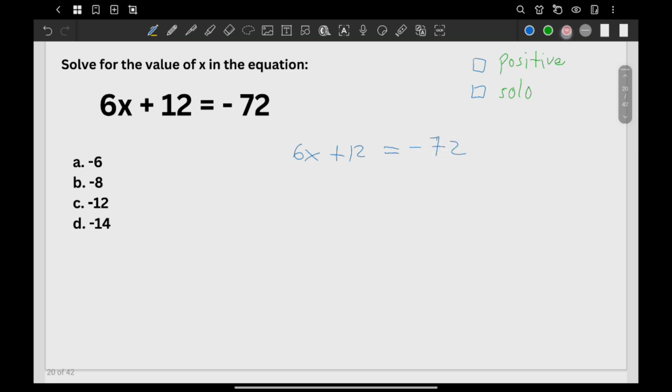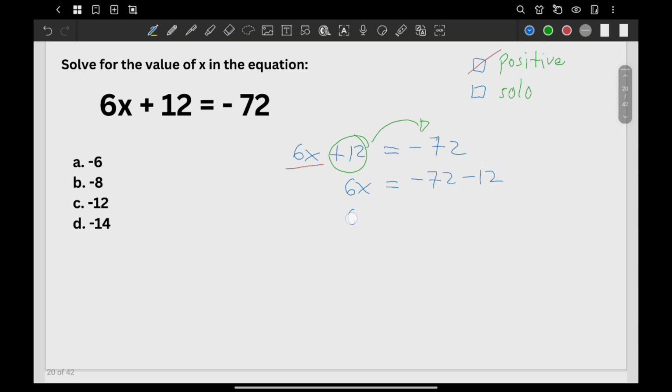There. So again, check, is the variable x already positive? There you go, it's positive already. But is the variable x already solo? Not yet. What do? First thing is, we need to remove the 12 here. How? We need to transpose that from left going to right. And again, our rule of transposition is that if we transpose a positive number, let's say positive 12, it will become negative 12. So we have now on the left side 6x is equal to, I'll copy the negative 72. Again, that 12 will become negative 12.